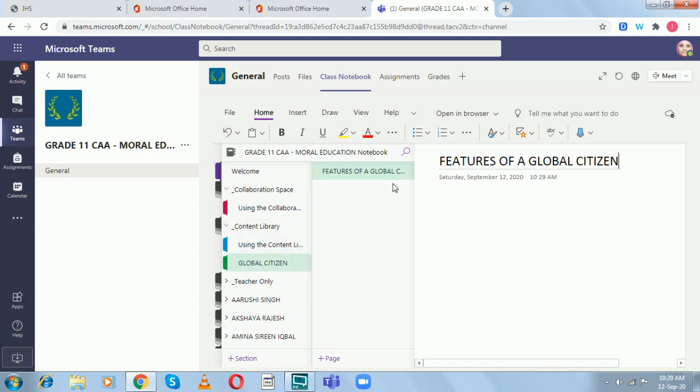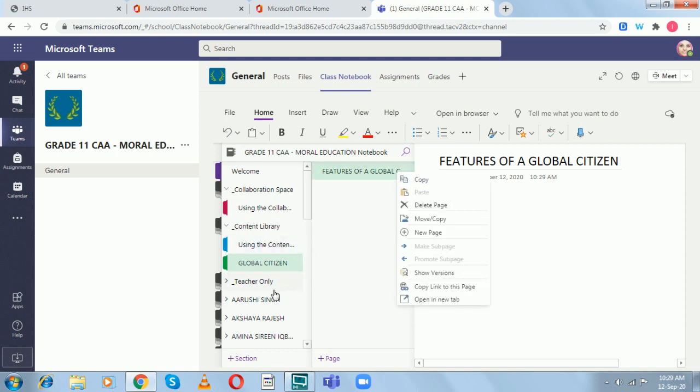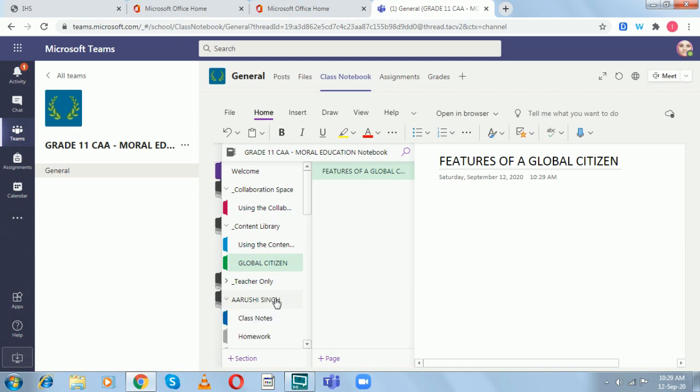Right. Okay. Now this I'm going to give them as homework. This is homework which I want to post to each child. So how am I going to do that? I'll show you. This is something which I've added. I will choose a child. First, I'll copy this feature from here. On the right click, I've copied the page.